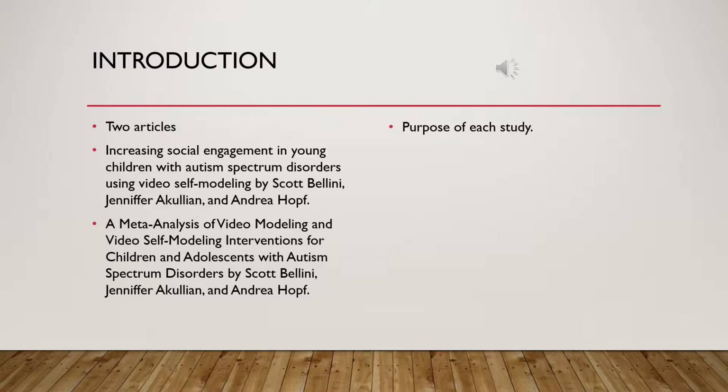So I chose two articles. The first article is called Increasing Social Engagement in Young Children with Autism Spectrum Disorders Using Video Self-Modeling. This article's primary purpose focused on examining the benefits of video self-modeling intervention in increasing the social engagement of young children with ASD. The study also expanded on previous research on video self-modeling by measuring social interactions with same-age peers